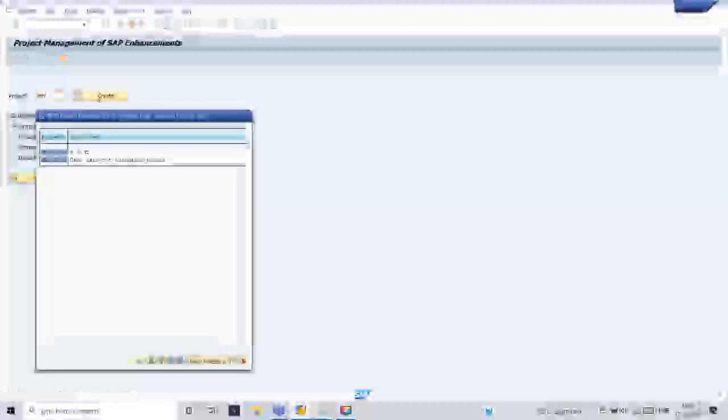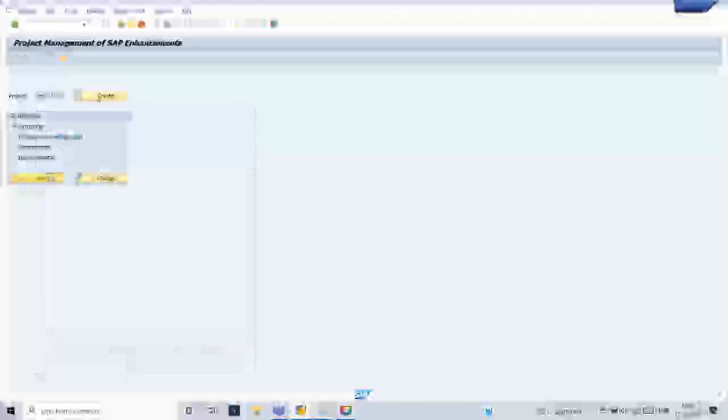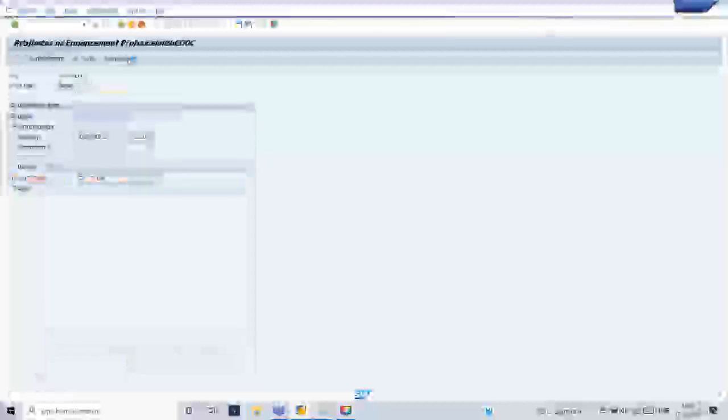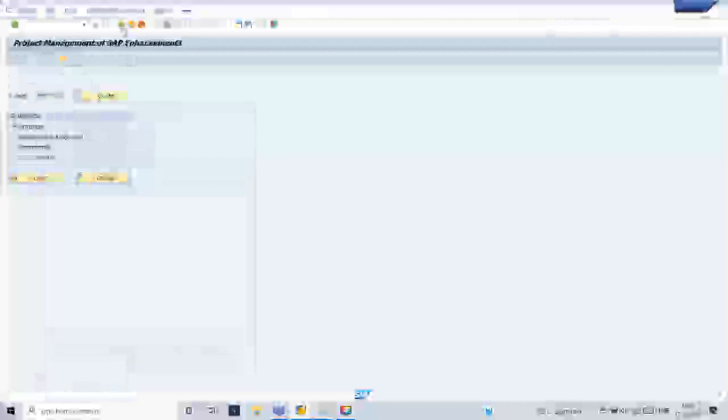Let me see. If I put a star, standard. Okay, only user performance. That is why we have four different ways we can do the enhancements. Then what else do we have in enhancements? Implicit, explicit,